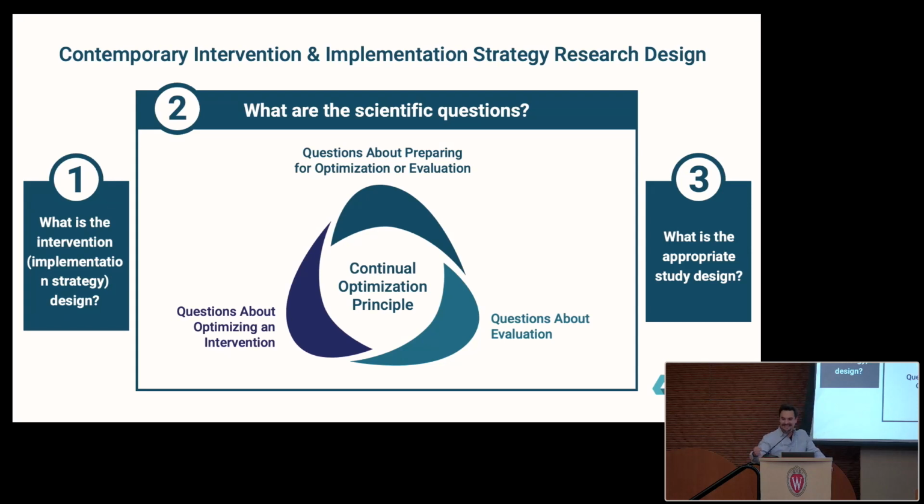So many of us in this room, I know this because people come up to me and say, Danny, I want to do a SMART design, or I want to do a 2-arm randomized trial. But they're doing step 3 before they did steps 1 and 2. And that'll drive any researcher completely bananas. Y'all, there's a whole host of research designs, and each one is suited to answer different kinds of questions. This is like methodology 101, but I think we just need to remind people of it.